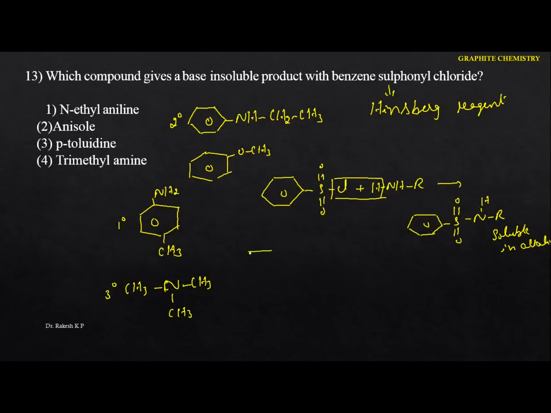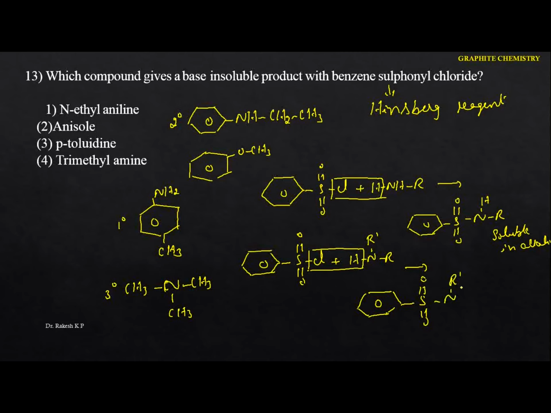Suppose I take the same thing and introduce the secondary amines. I'm going to write the H, and here the R and R dash. Again here also we are going to have HCl. The main product you are going to get is the N,N-dialkyl benzene sulfonamide. The S double bond O, and here is the N, with the R dash and the R.